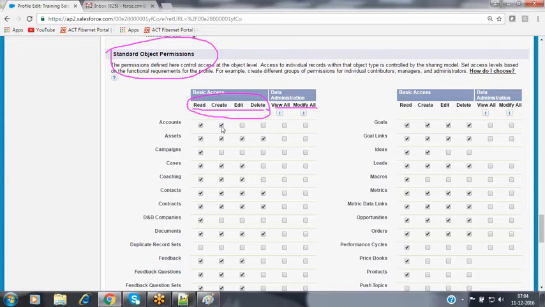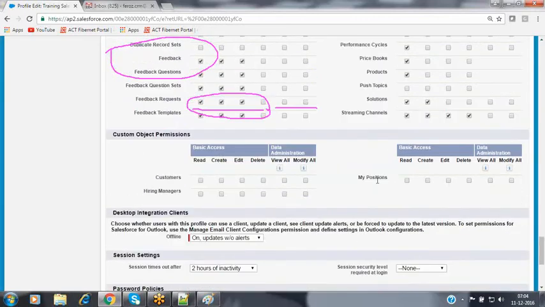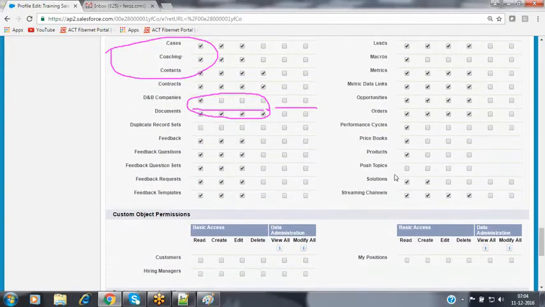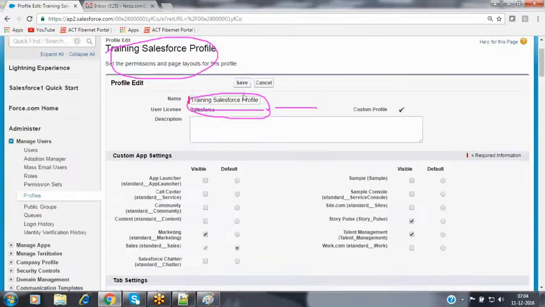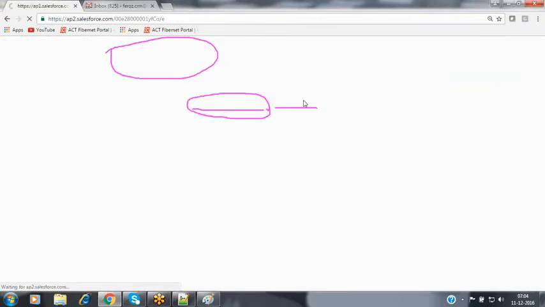If you are not selecting any checkboxes here, for example, for this user I'm not granting the access on the position object. So for this user at the position object level, I'm not granting any access, so this user will not get access on that object. Let me show you practically. Let's verify whether this person is able to access my position object or not.